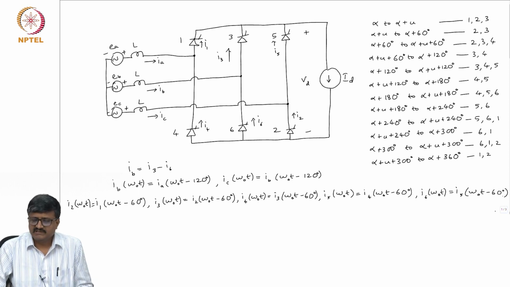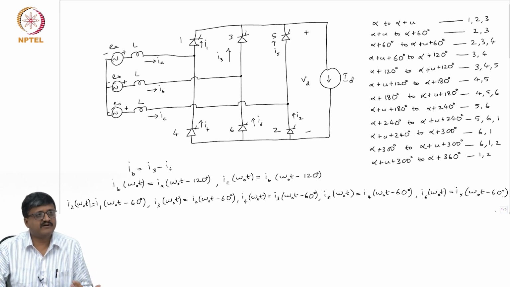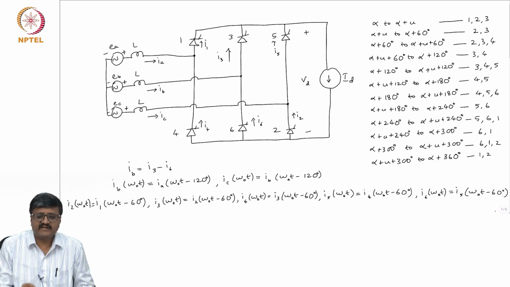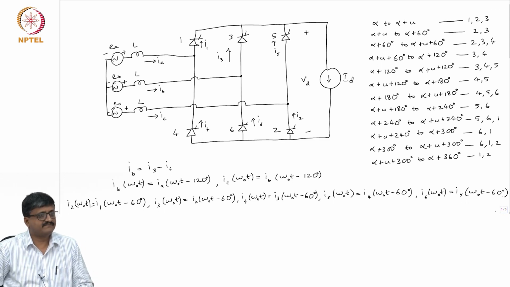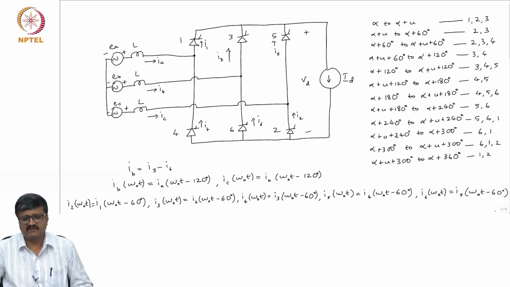Okay. So what we have is identical currents in the valves except for a phase shift of 60 degrees. And of course, I can also relate in each leg the valve currents and the current on the AC side. Just as I have related I3, I6 and IB, I can relate I1, I4 and IA. I can also relate I5, I2 and IC. But I am not going to do that. I mean, that is just application of Kirchhoff's current law.